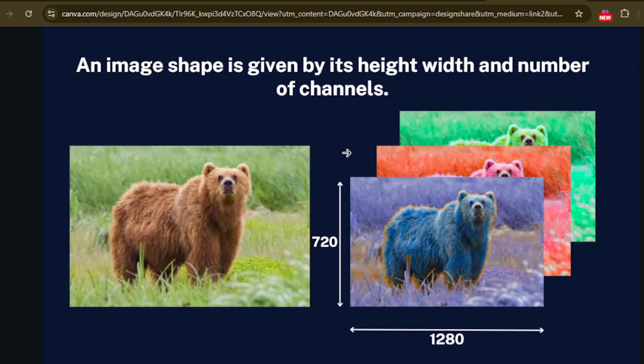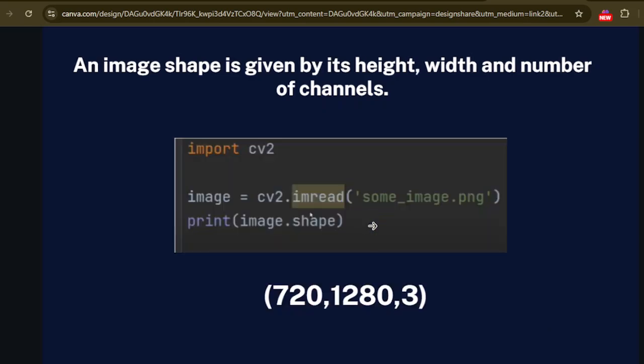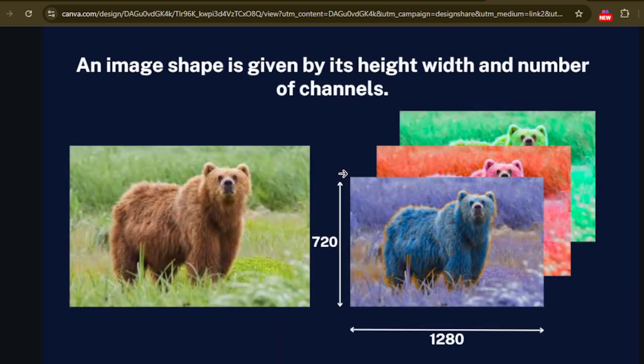Now this is an image of a bear, and as I said earlier, the height of this image is 720, the width is 1280, and the number of channels is 3. Since it's a colored image, it is a BGR image, blue, green and red. This means it has 3 channels, a blue channel, a green channel and a red channel.